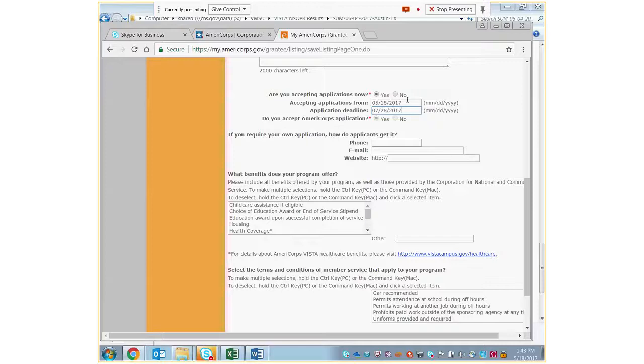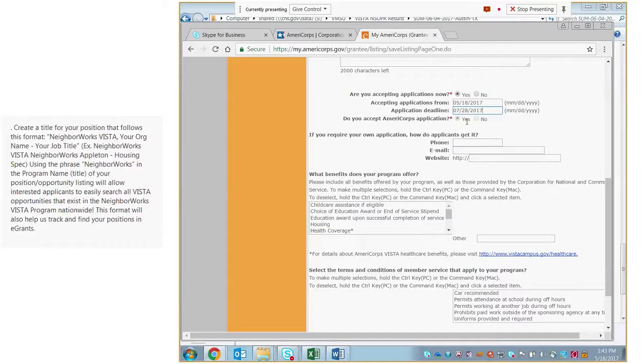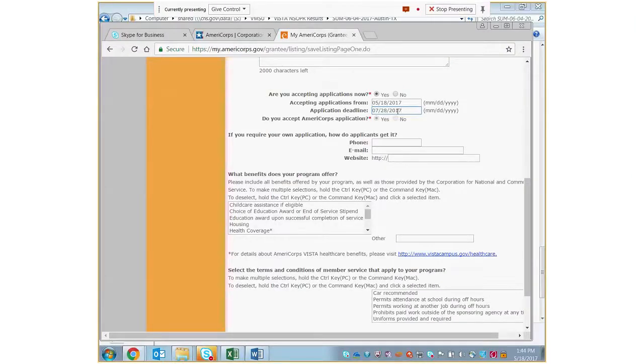The reason you want a long deadline here is because you want to make sure that your applicants have the ability to apply for their position. You want to have the ability to select your applicant for the position and that they have the opportunity to accept the position. So you want to make sure all of those steps can be completed within this application deadline. Now, if you find an applicant and you select that person for service, you can close your listing to quit getting applications in the system. So you'll want to go ahead and make sure that you're also closing your opportunity listing if you do eventually fill that position.